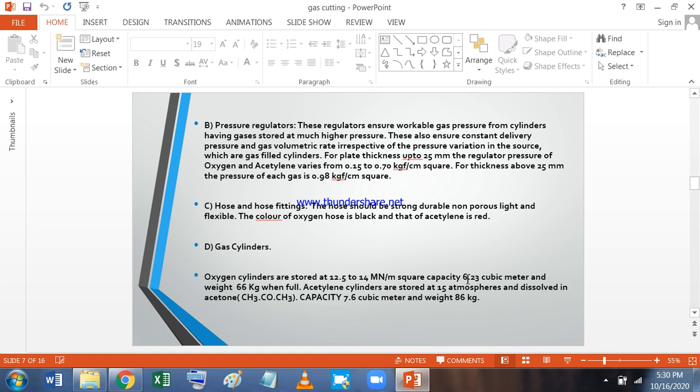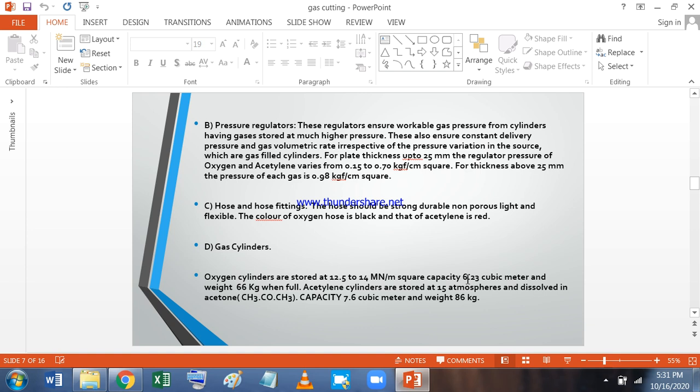So, the other parts of the gas welding system are pressure regulators. Why are pressure regulators required? Because the gases are stored in cylinders at a very high pressure. One cannot use the gas at that high pressure. So, there are regulators to control the pressure of the gases when they are drawn from the cylinders. These also ensure constant delivery pressure and gas volumetric rate irrespective of the pressure variation in the source,